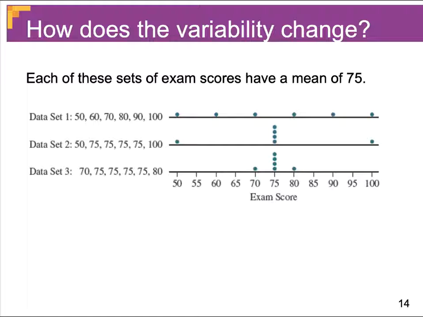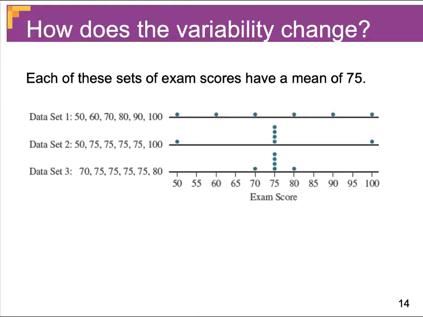So even though the mean would be 75, that really doesn't represent what a typical value is. Now in data set 2, the average is 75, and we do have a lot of values there at 75. But that 50 and the 100 there on the ends are not appropriately described just by saying that the mean is 75. Now data set 3, saying that the mean is 75 would certainly capture a lot of information about this